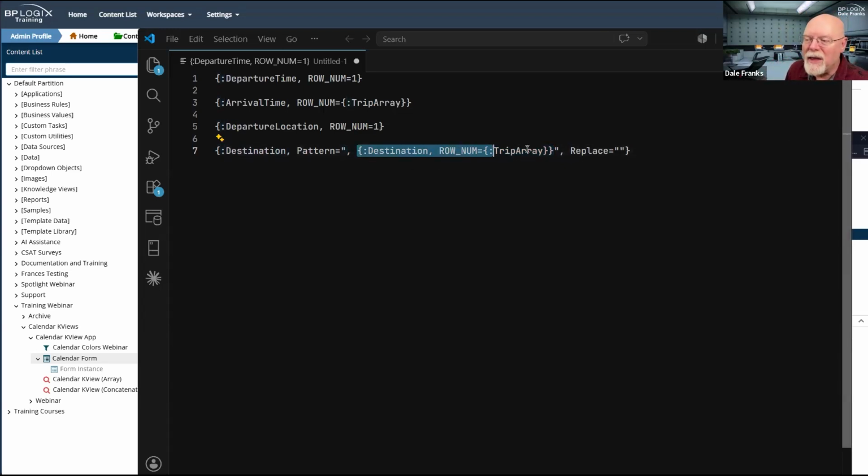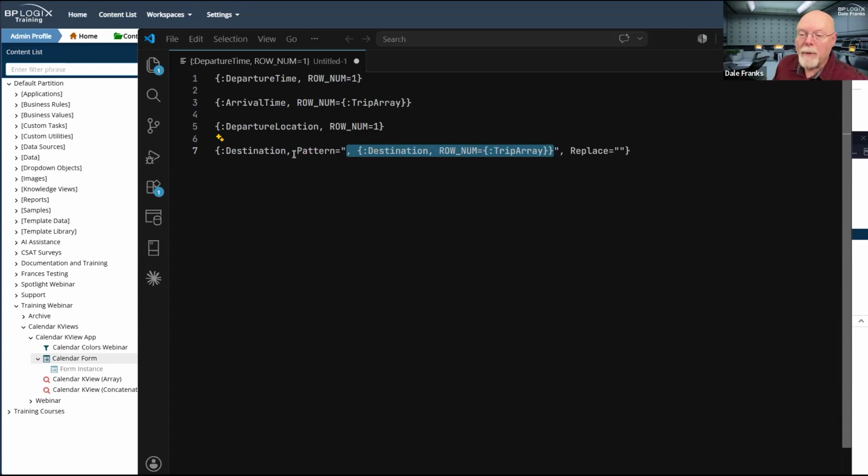So this system variable here, this pattern will actually, when it runs, return Oceanside, but I also have the comma and the space here. So technically it's going to return comma space Oceanside. I want to get rid of comma space Oceanside. I want it to end at Point Mugu.